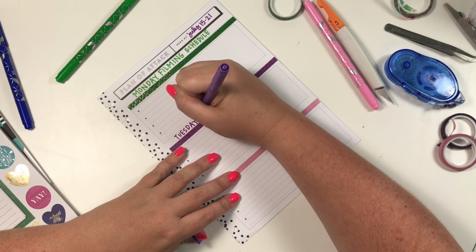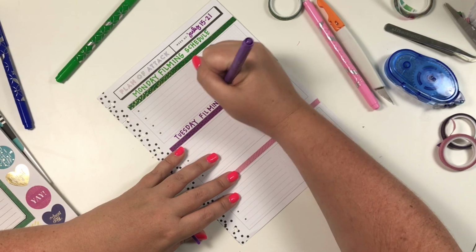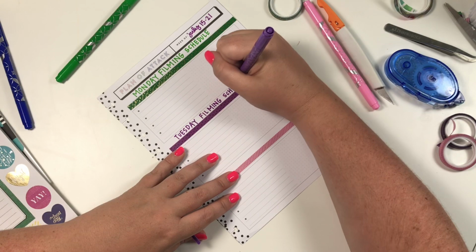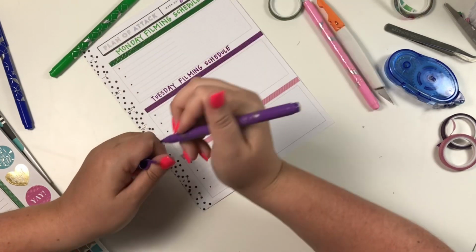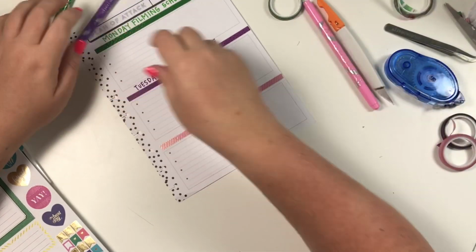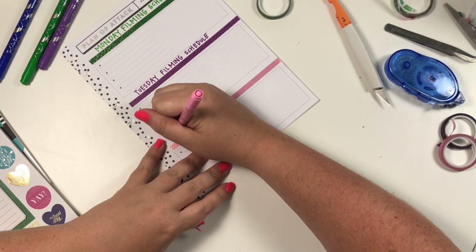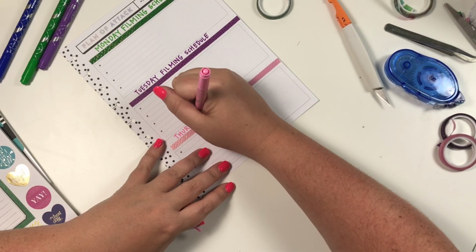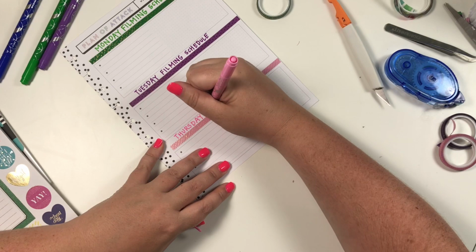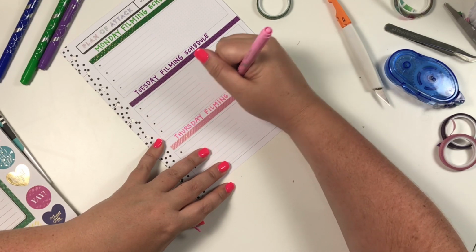Tuesday, filming schedule. And then I usually try to take Wednesdays off from filming. And then Thursdays, I try to finish up any final filming and editing so that on the weekends, Friday, Saturday, Sunday, I'm not spending time filming. So that's kind of a sneak peek into